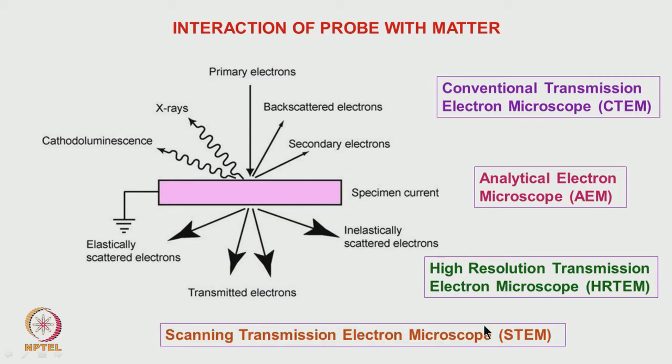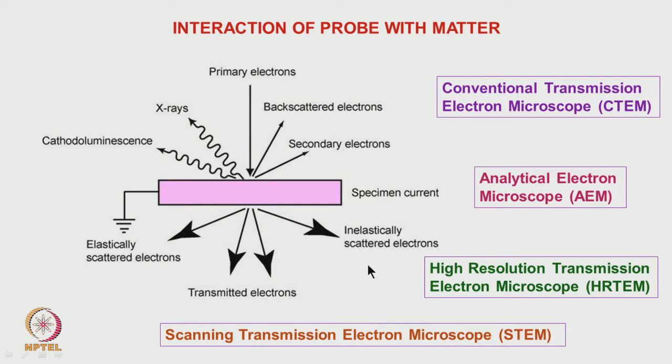Then the other is the scanning transmission electron microscope, which I mentioned. That is, if we can focus the beam onto a very fine point and then scan the beam on the sample surface, and the signal which comes out we collect and use to form an image, this mode of operation is called scanning transmission electron microscopy. In the present day microscope with a FEG, we can make the beam size 0.1 nanometer, that is almost about 1 angstrom beam size. That means that there also we can get atomic resolution.